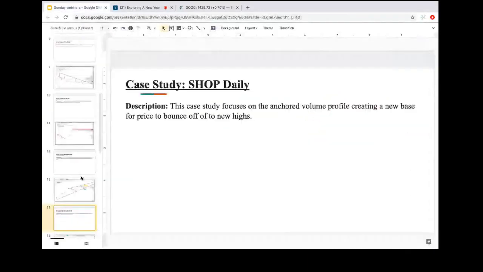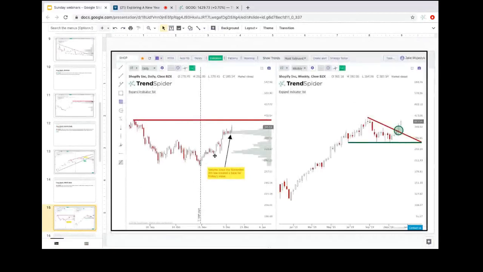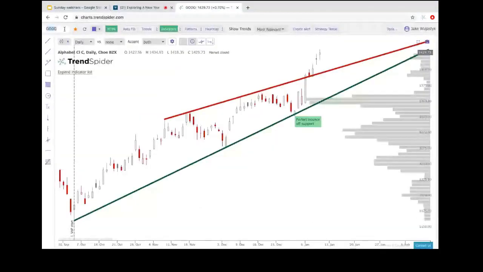Moving on to the next case study, we've got SHOP. SHOP is another really cool example of volume creating a base. This is an example from mid-December. You can see here the volume profile was anchored. You had a ton of volume creating a base at this level, and then we had this resistance above right around, let's say, 410. So if we go to SHOP and split the screen here to see the daily versus the weekly,